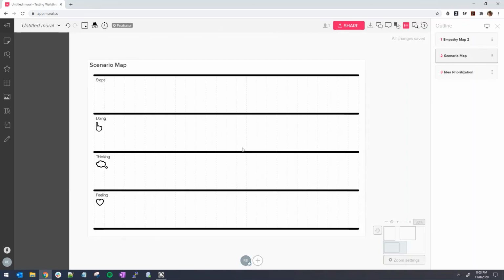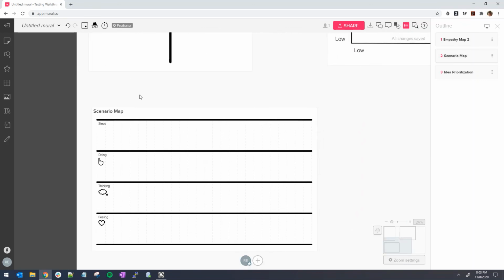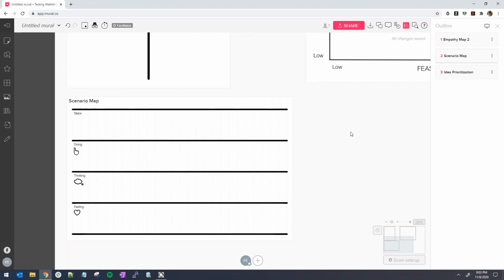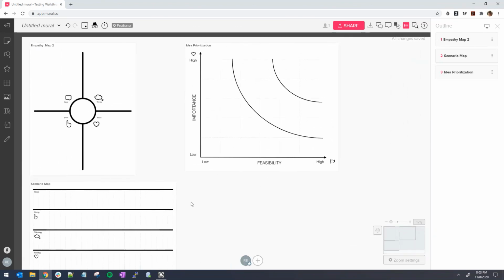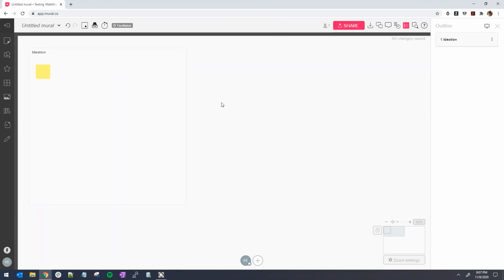Yeah, that's pretty much how the outline works. This is how I like to use the outlines, and I really enjoy this function because it helps me as a facilitator to gather the people in the activity that I'm doing. Alright, that's pretty much it that I had for this video.